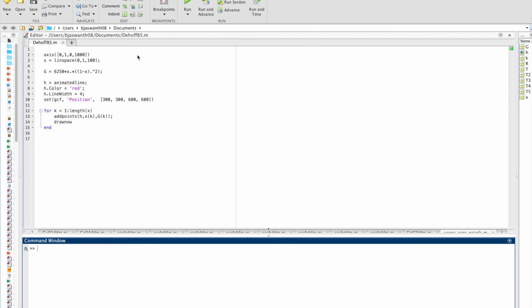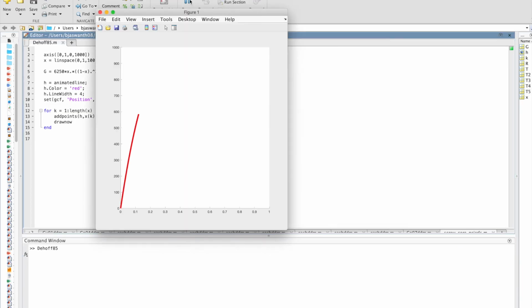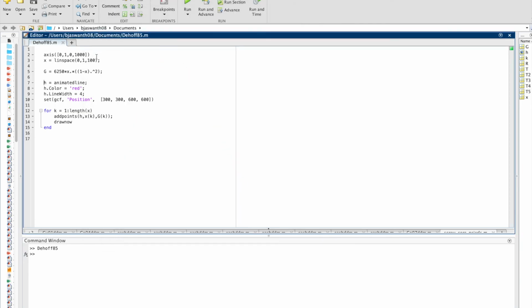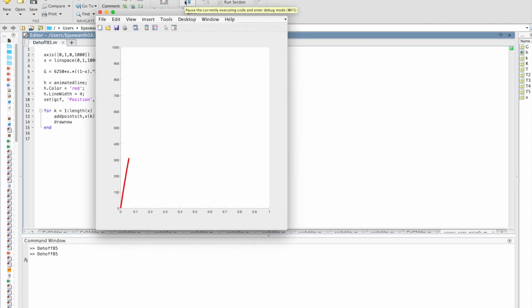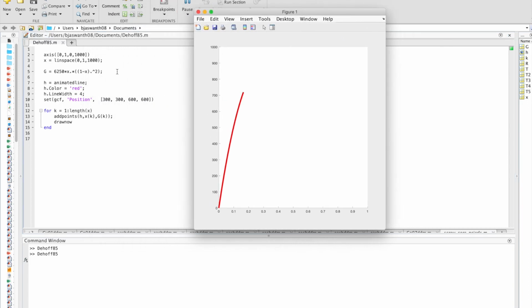So let's see how this plot looks. This is how the plot looks. You can increase the plot time by running it like this. If you give 1000 points between x from 0 to 1, it plots all those points. You can see there is a peak here, which is not exactly like a parabola. It is a little different from a parabola. This is a parabola, and for that I am multiplying by x, so you will have a difference here.